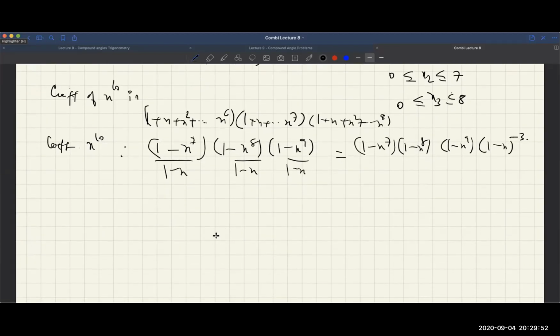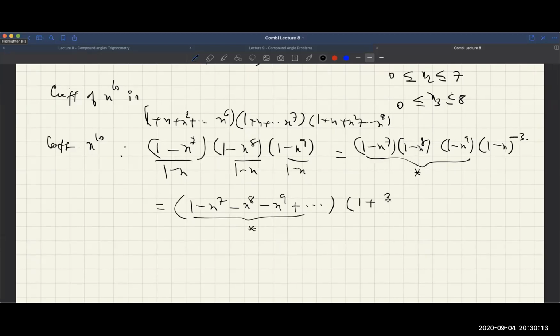Now, if I actually see this, you try to simplify this expansion as per x raised to 10. So what are the terms which we will get? 1 minus x raised to 7, 1 minus x raised to 8, 1 minus x raised to 9. That is the max it will have. These are the only terms which will contribute from the first series. Okay, this first series, whatever I have done, I am multiplying that, and then I'll write the next series. So 3 choose 1 x, 4 choose 2 x square, and 5 choose 3 x cube, and so on. This is the series expansion which we had.